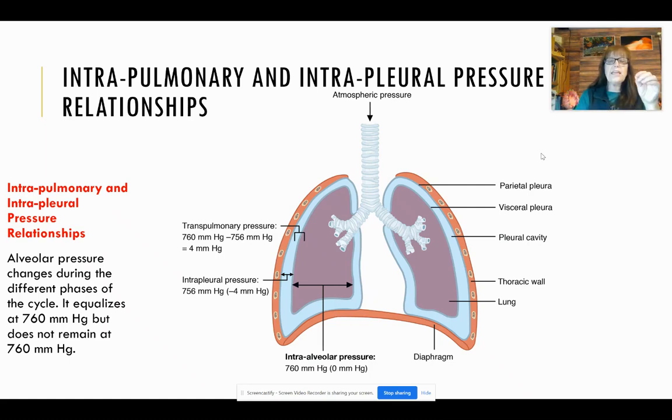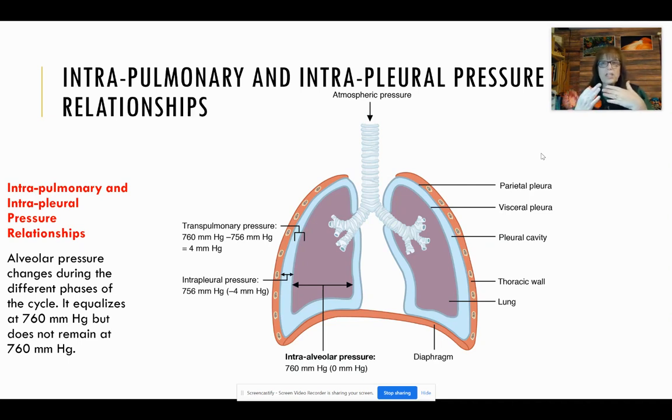Now, when we talk about the intrapleural pressure, this is the pressure in the air within our lung cavity or within our pleural cavity, and it's between our visceral and our parietal layers. Okay, so let me give you an example of the difference between the visceral and the parietal pleura so that you understand that these serous membranes are extremely important in protecting the lungs as well as lining the cavities of our lung. And then there's a serous fluid that's between the parietal and the visceral pleura so that it is